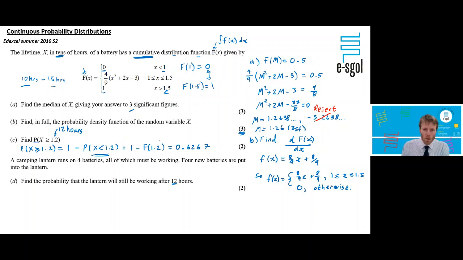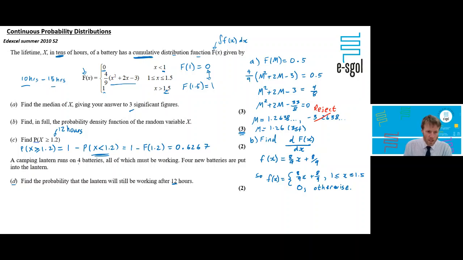So I put the number 1.2 into my function here, and this is what I've got coming out. Let's have a look at this on a graph. In fact, I will just do the last part as well before I move to the graph. So part D, find the probability that a lantern will still be working after 12 hours, but let's read the